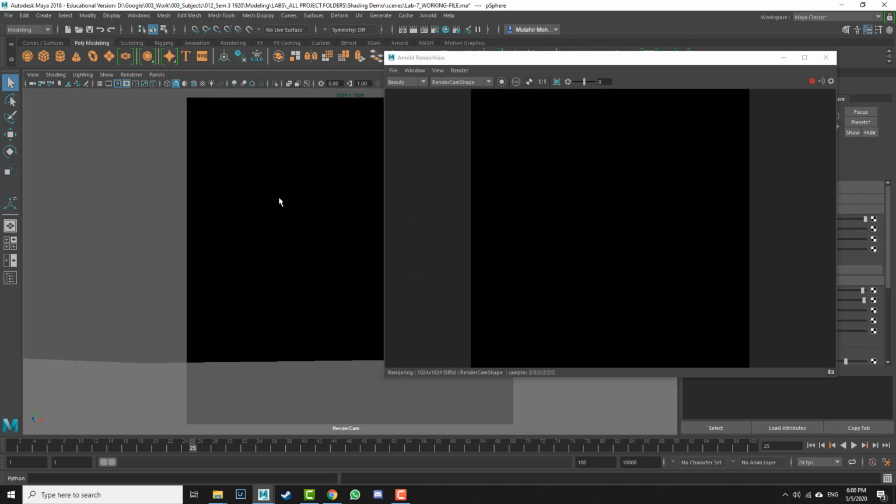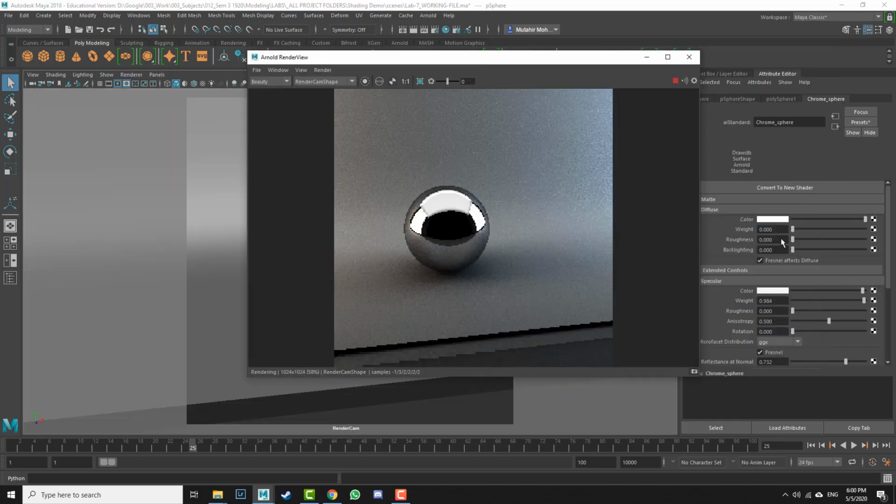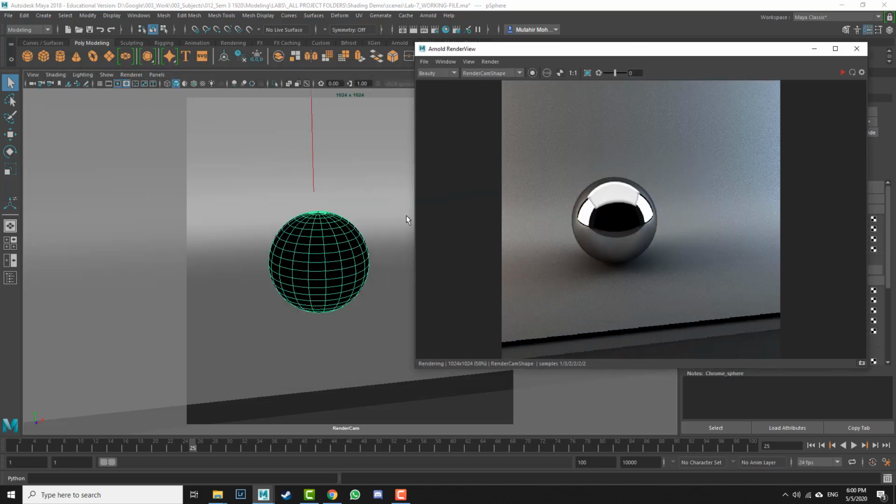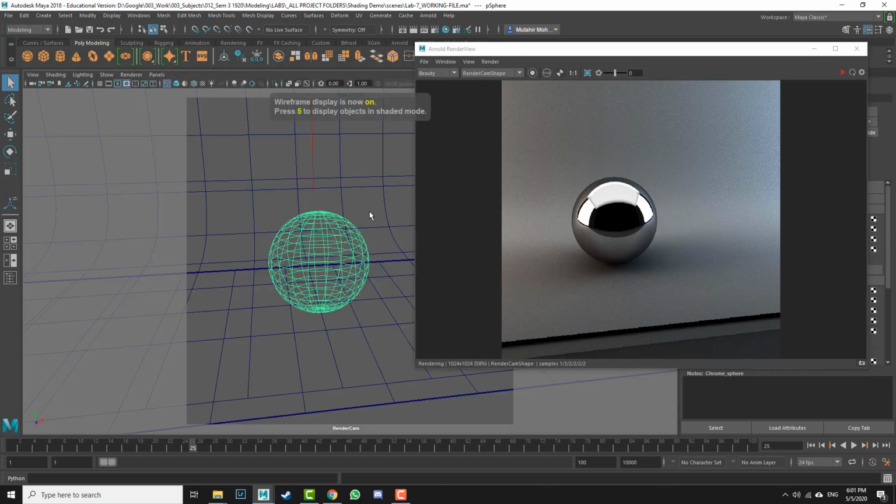Another tip is you can also hit 4 in the viewport, and that gives you a wireframe display. This will actually lessen the processing that your computer needs to do when handling this Maya file. The other thing is you can also